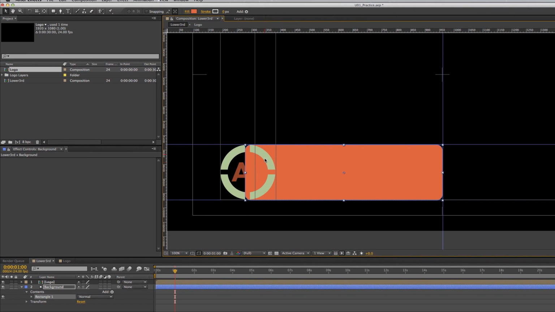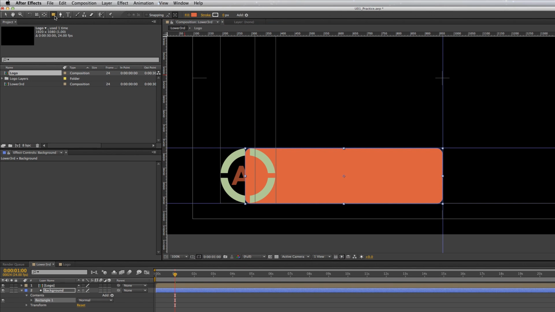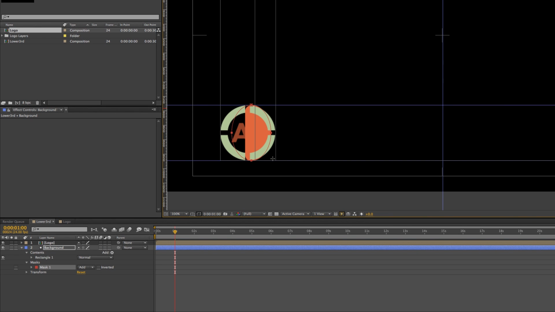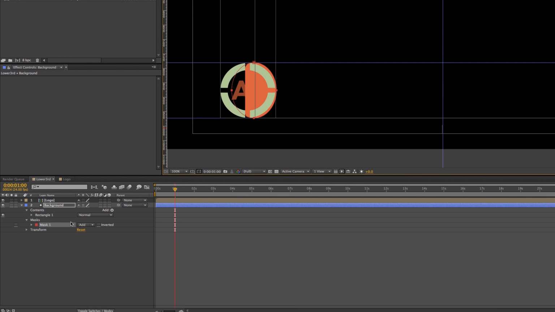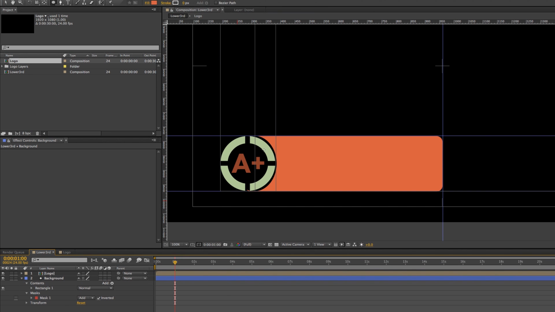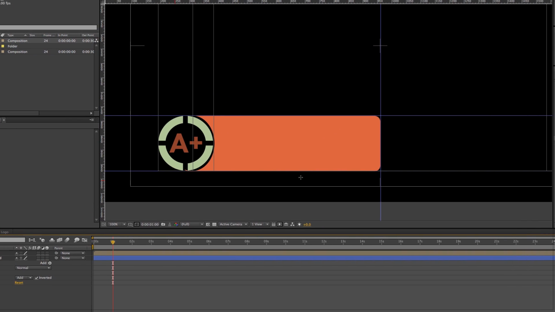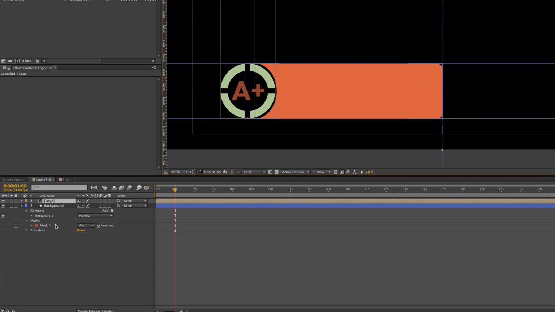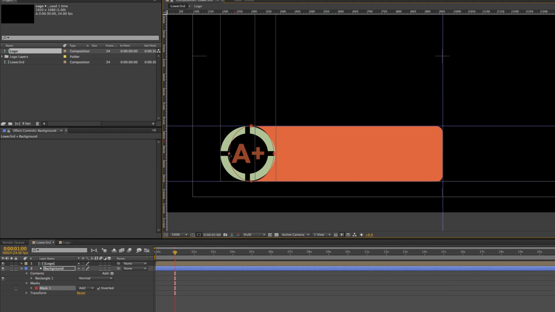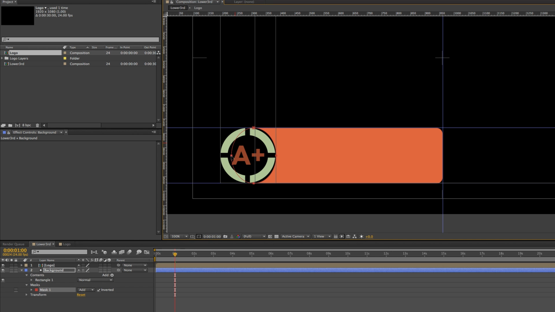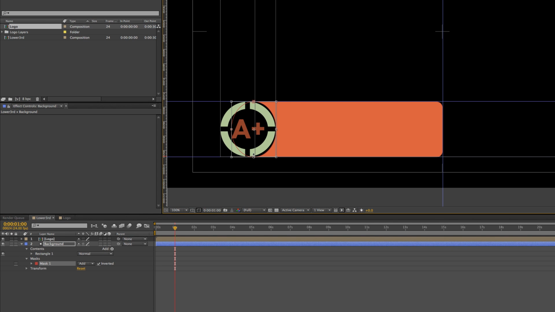Alright, we're going to mask a part of this with the circle. So I'm going to come over here to my ellipse tool and I'm going to choose mask. And I'm just going to draw this right here. And I'm going to come down here and click invert. So what it will do is, if it's inverted, it will show everything that's not drawn on top of it. So I need to select the mask, and I'm going to have to adjust it to make sure that it's, you know,